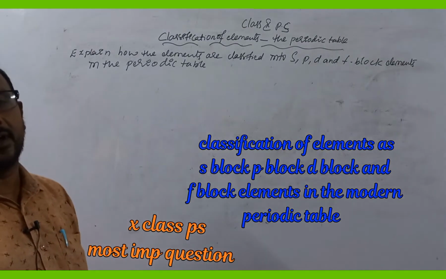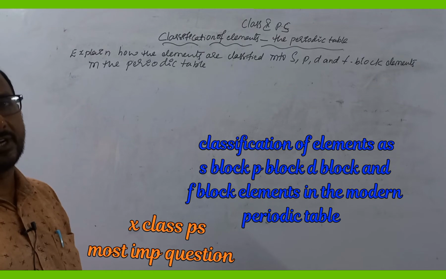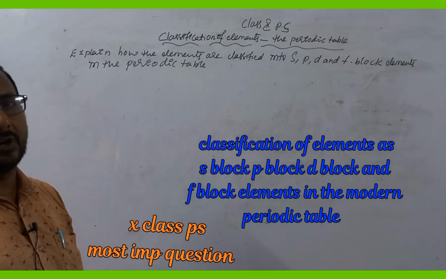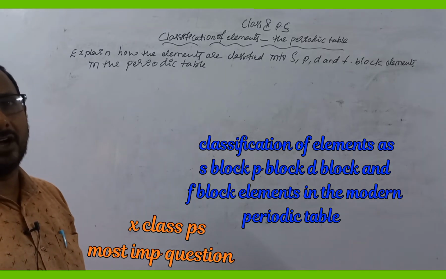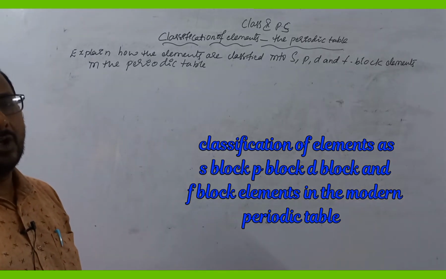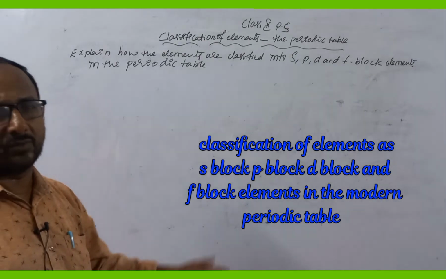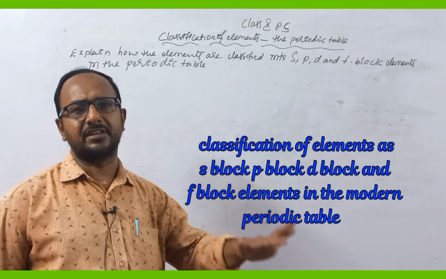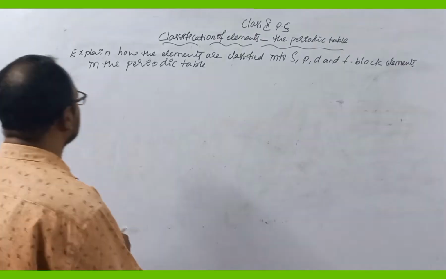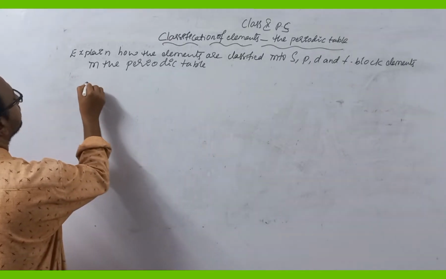In the previous class we studied about what is the modern periodic law and explained the construction of long form of periodic table. So now, how are elements in the modern periodic table classified as S block elements, P block elements, D block elements and F block elements? More important one, students,